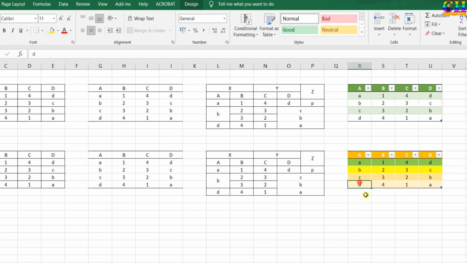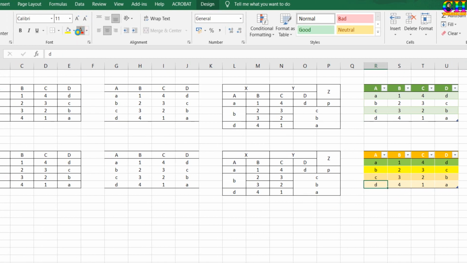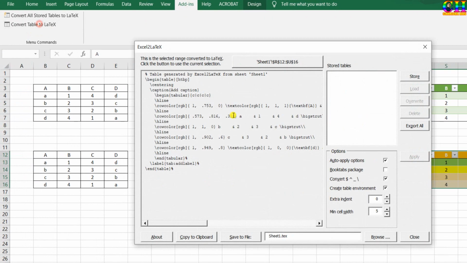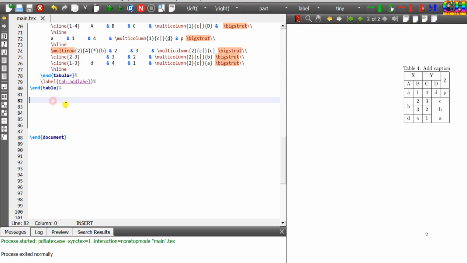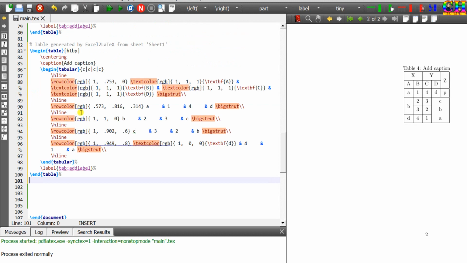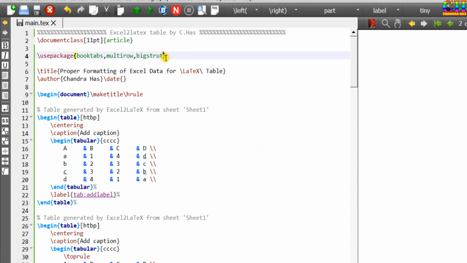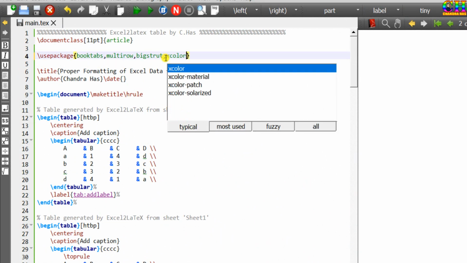You can also change the text color. Since we are using color, we need to use two packages, xcolor and colortbl.